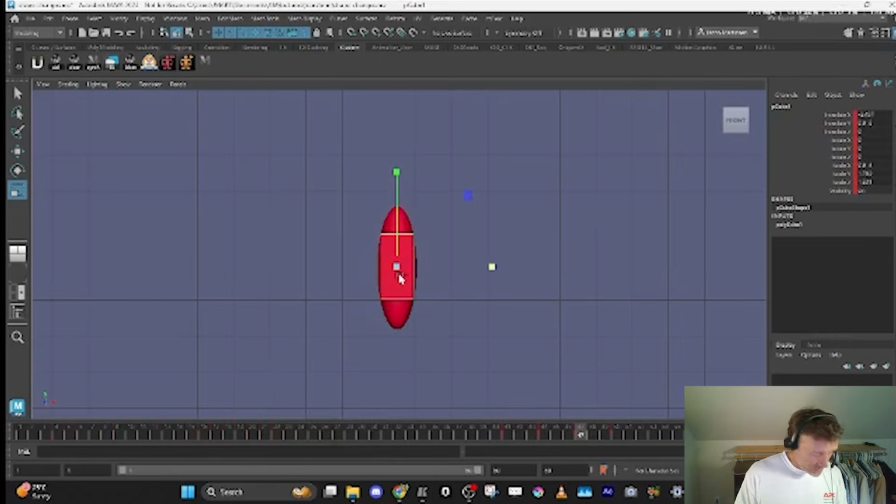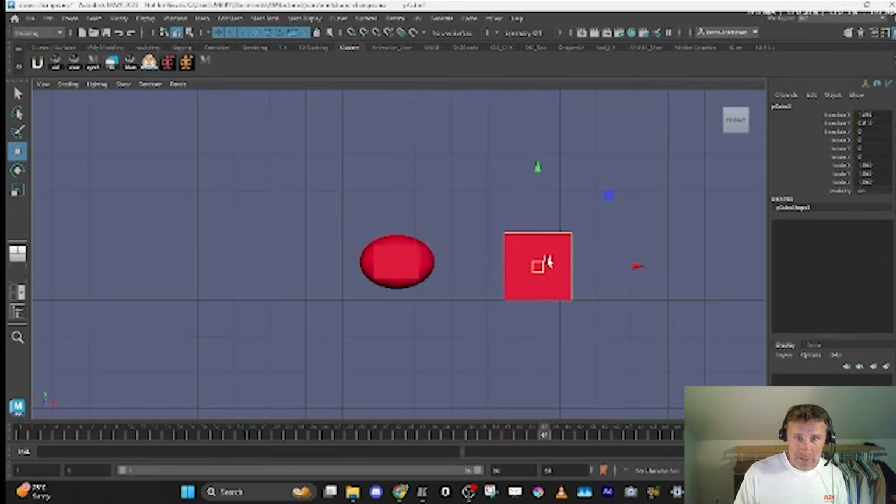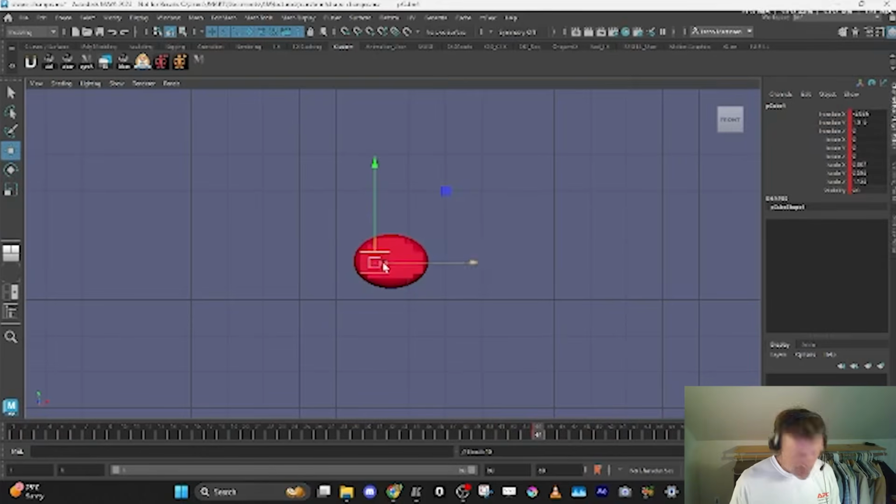If I had multiple cubes, right? Then what I could start doing is start creating more cube shapes here and more cube shapes here, and then